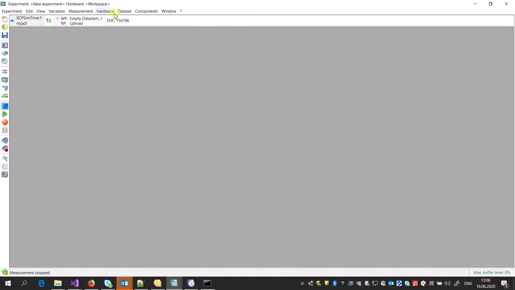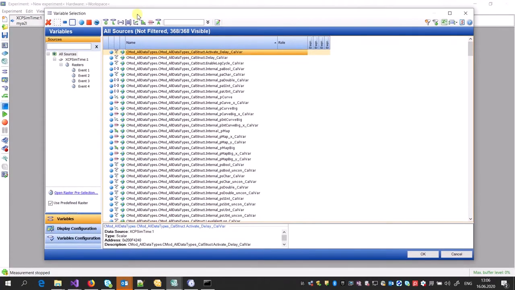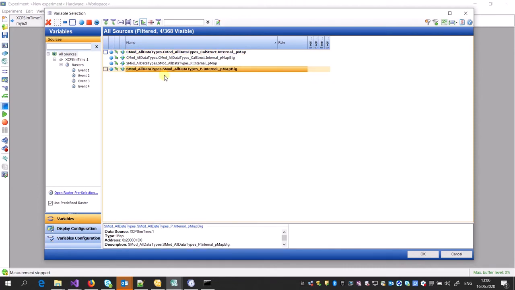So in here, if the ECU is not connected, you're gonna see this. If there is some checksum error, you're gonna see the error as well. But there is no error, so it means for now everything is working. I go to the select variable. I'm gonna select two map file, one map from my C module and one map from my Simulink module. These namings that you see in here is already defined in the parameter file of these models.